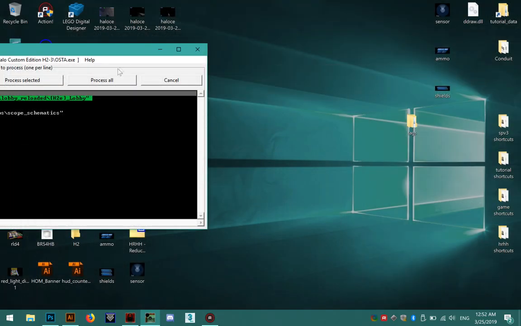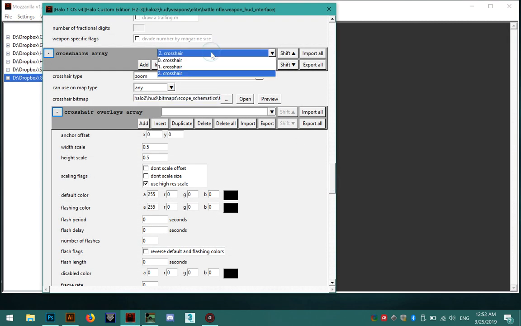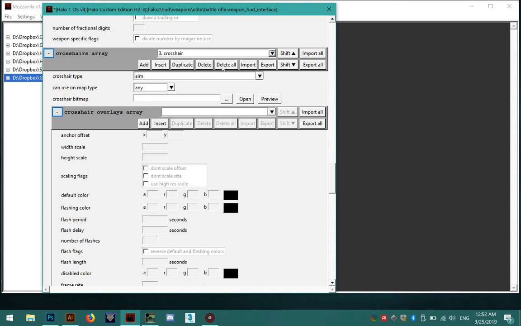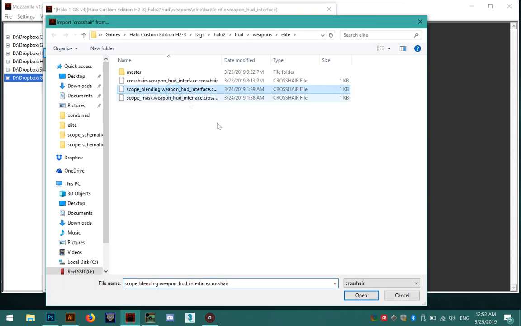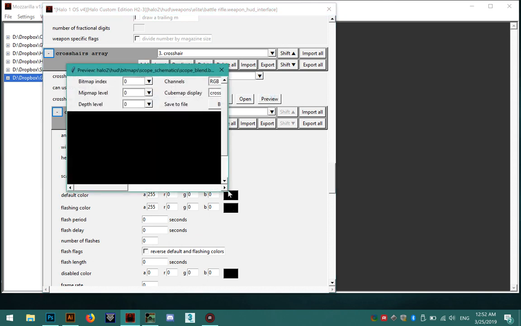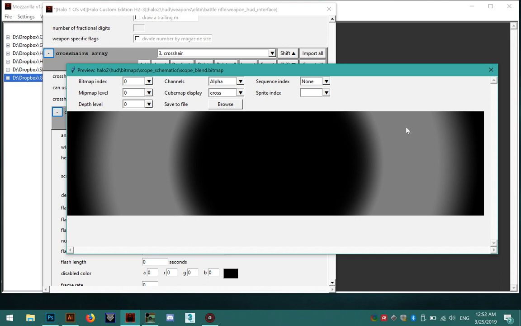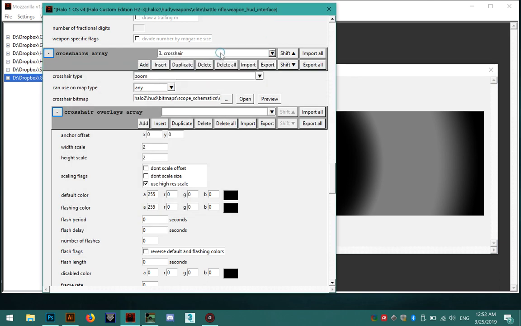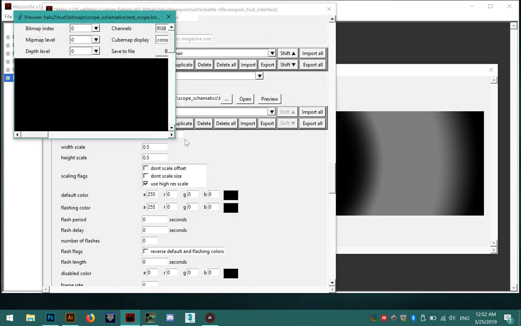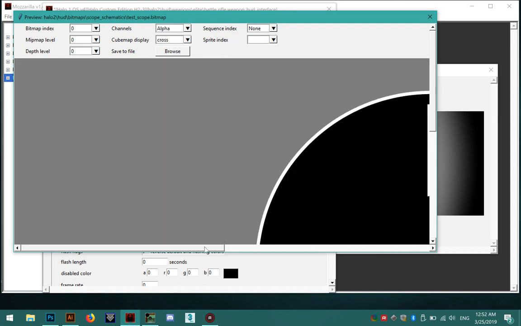And then when you go into the tags and add it here, I'll import the settings for the scope blending. Yes, preview, and you'll see that the bitmap is relatively smaller. This just pushes the edges out, so this blends in with the fading out of the battle rifle image,